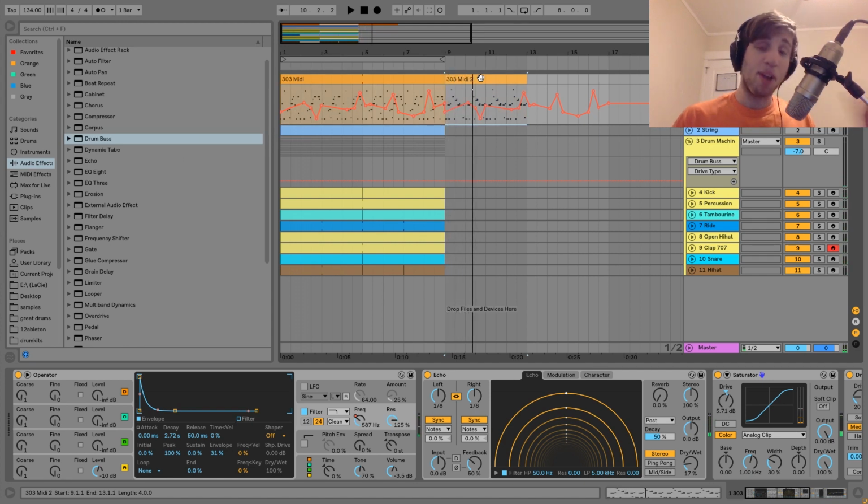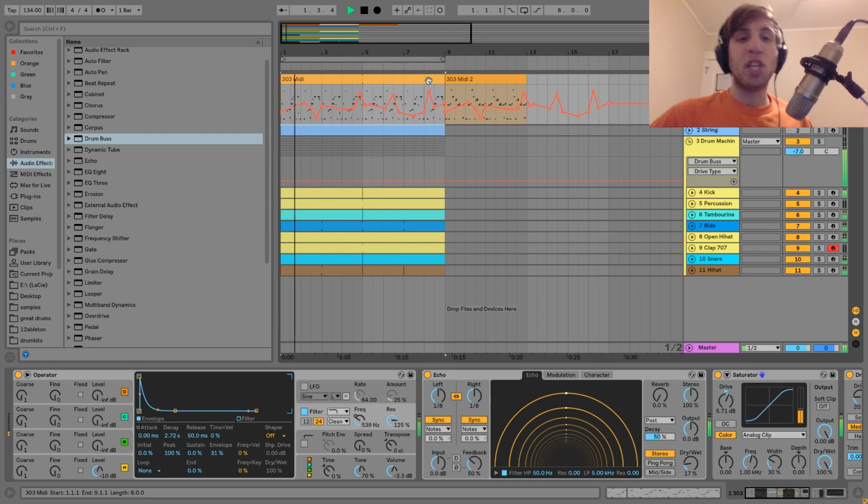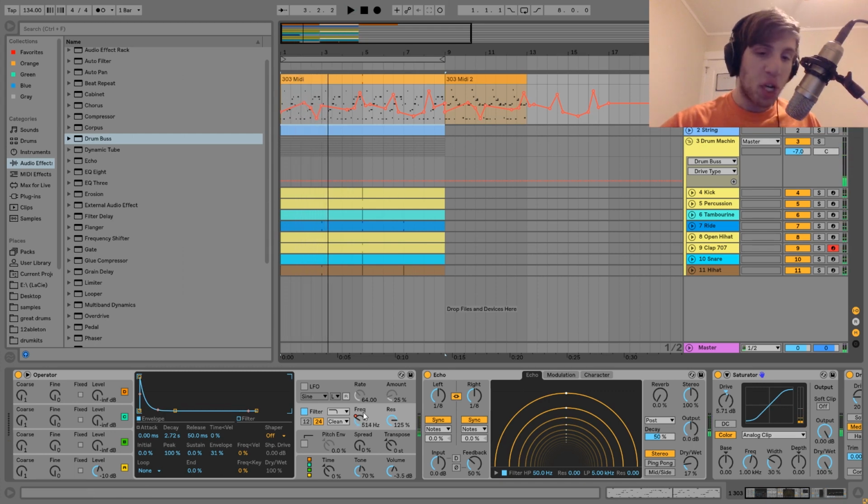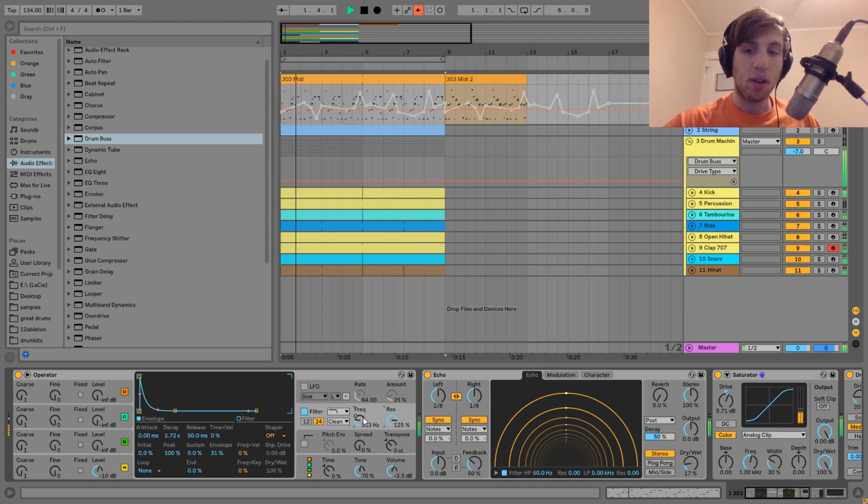Also, I didn't mention this before, but if you get this project file in the description, you do get both of these 303 patterns. But like I said, it's just moving it, keeping it interesting. I'll show you. If we just turn off this automation for a second, just keep it in one place, it's just not as fun and interesting